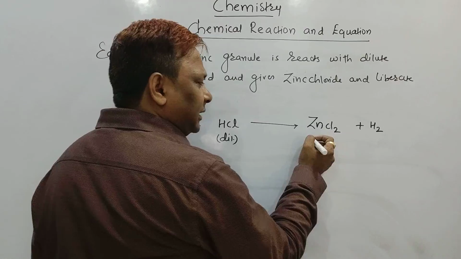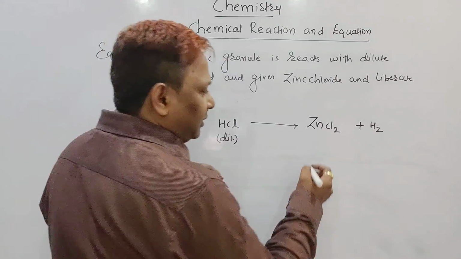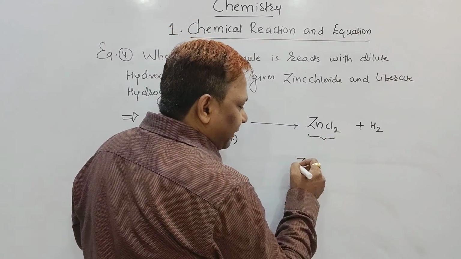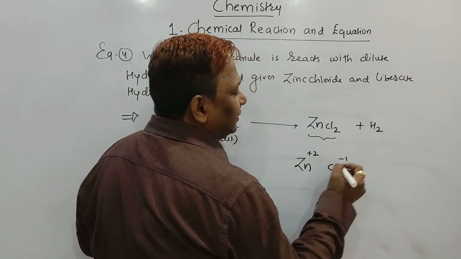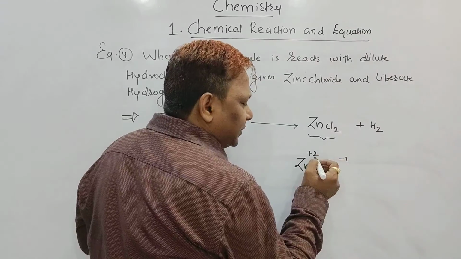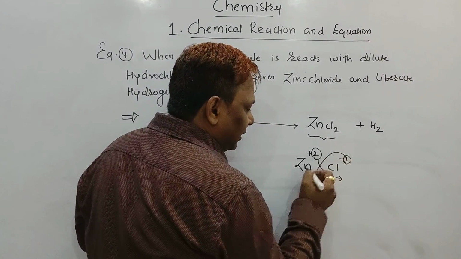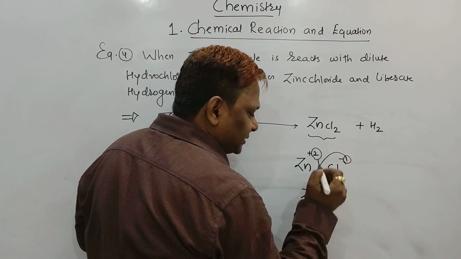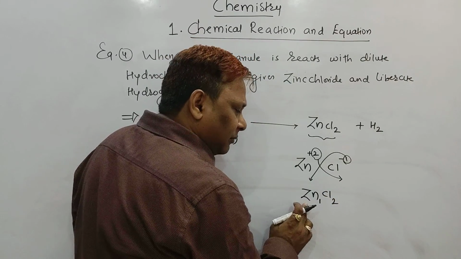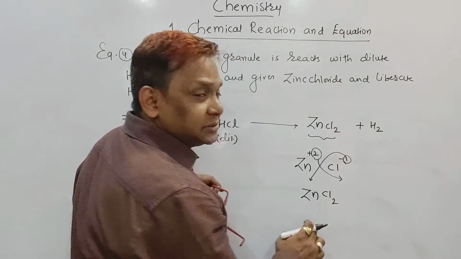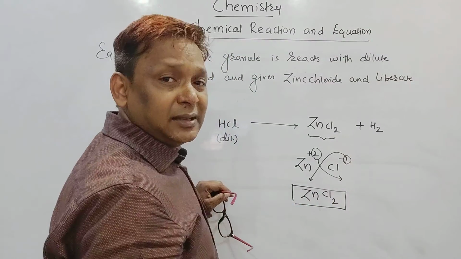But most of the students have doubts on how to remember that the formula of zinc chloride is ZnCl2. Maybe you learned in the previous class that the valency of Zn is +2 and the valency of Cl is -1. Thus you have to use the crisscross method. This number 2 we bring here and number 1 we bring here. When 1 comes here, zinc is taken 1 time, and when 2 goes here, Cl is taken 2 times. For the number 1, we don't need to write it, no need to bother. So the formula comes as ZnCl2, and this is called the crisscross method.